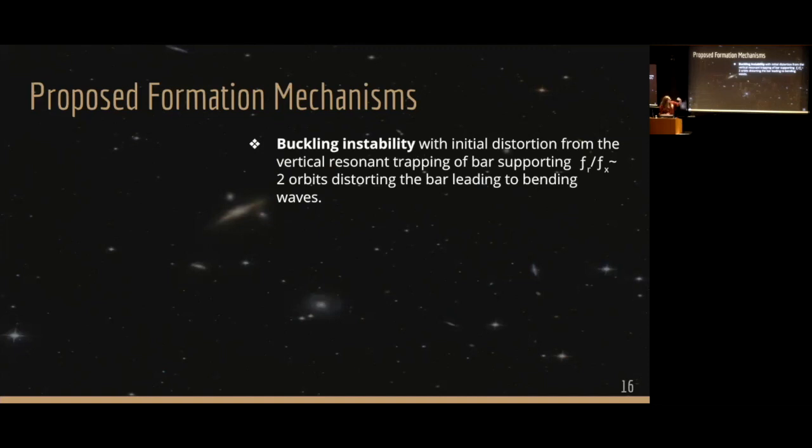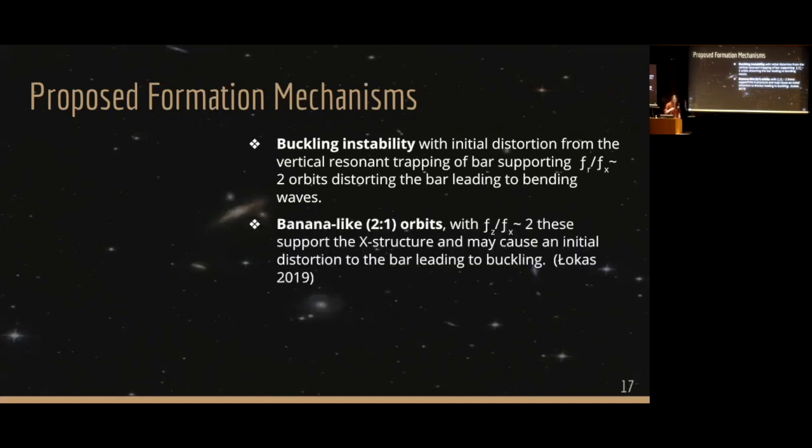And so these are f_z to f_x. That is the frequency in the vertical orbits compared to the frequency of the orbits in the plane. So of a single star, you're going to look at its component in the Z direction and its component in the X direction. If you take those stars that are being disrupted there, you have the buckling instability. The 2-to-1 banana orbits, which are the 2-to-1 resonance that I am referencing,